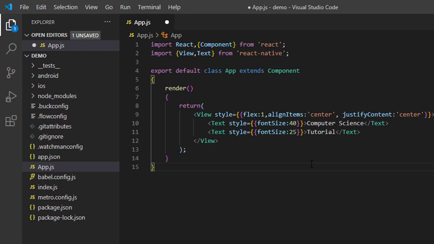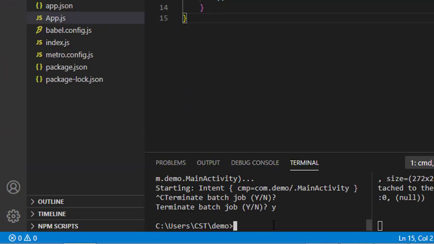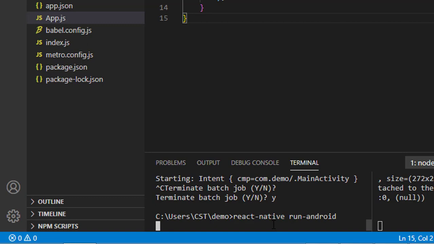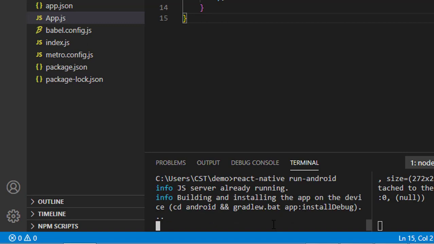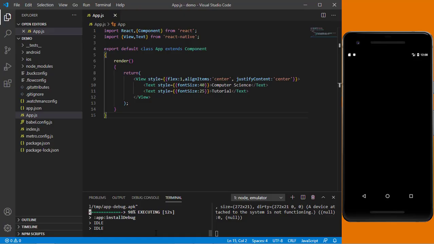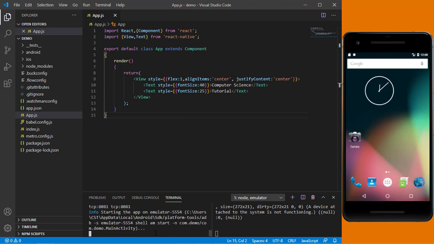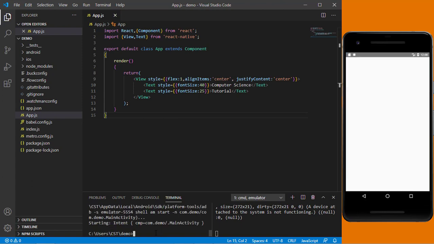After this, we save our file and run our app once again with react-native run-android. So this is our proper output.